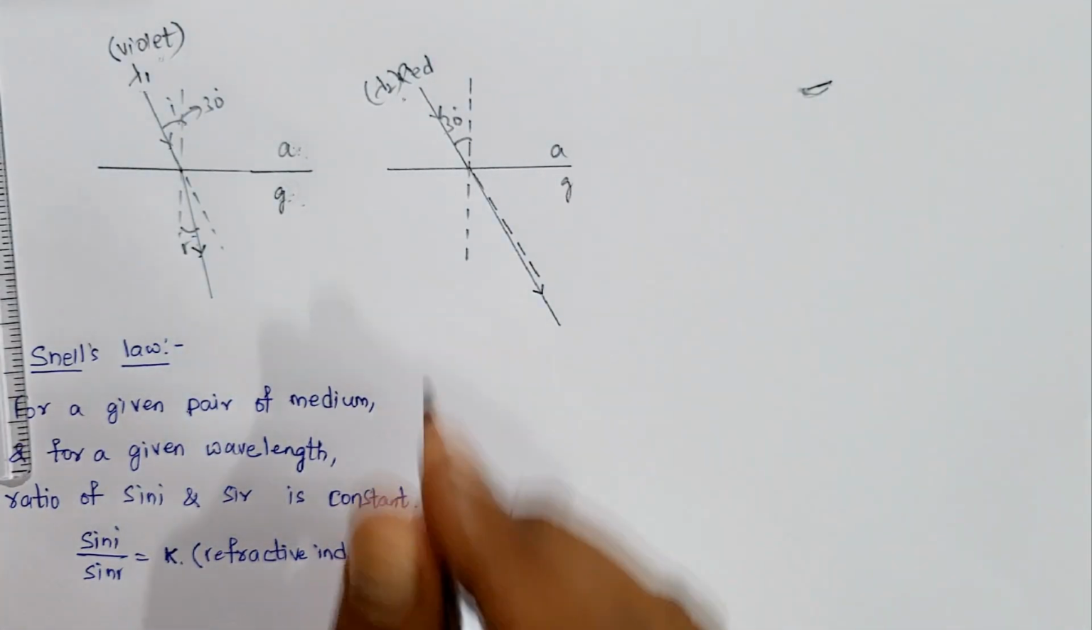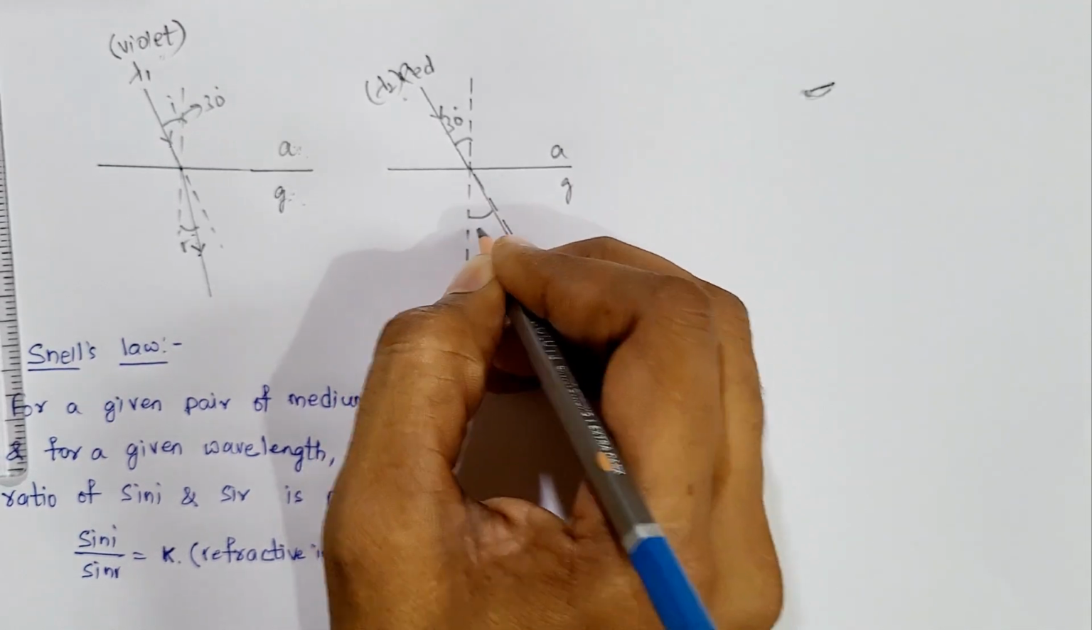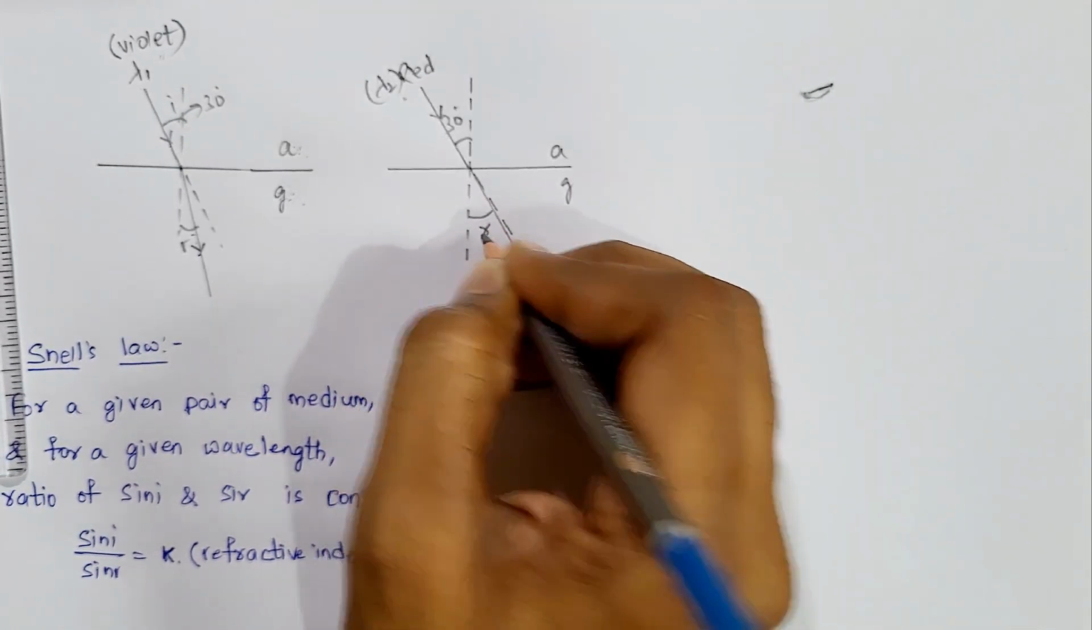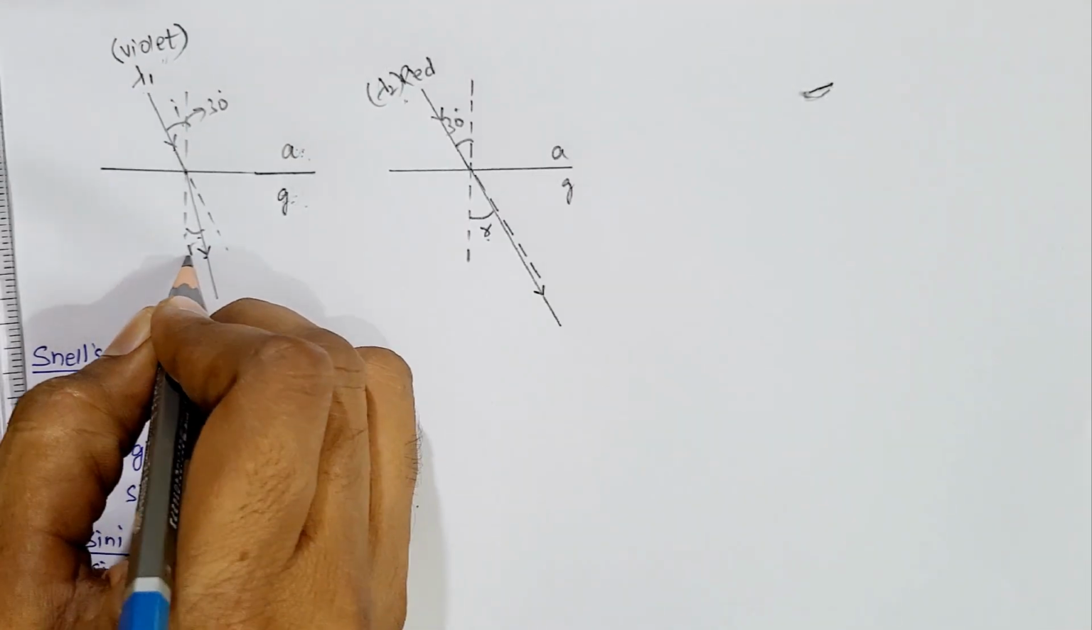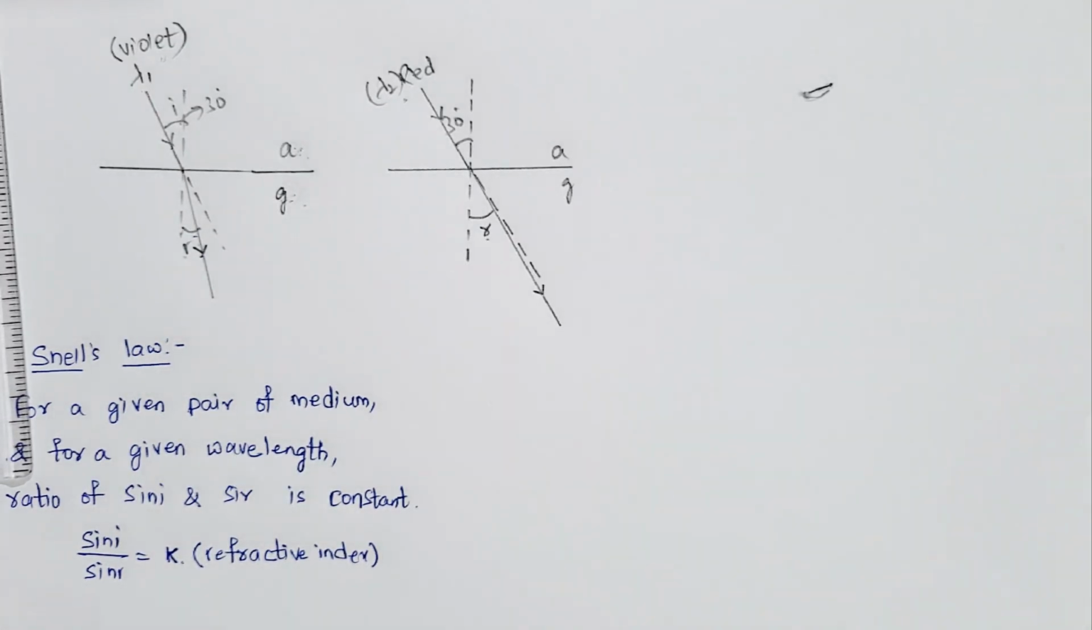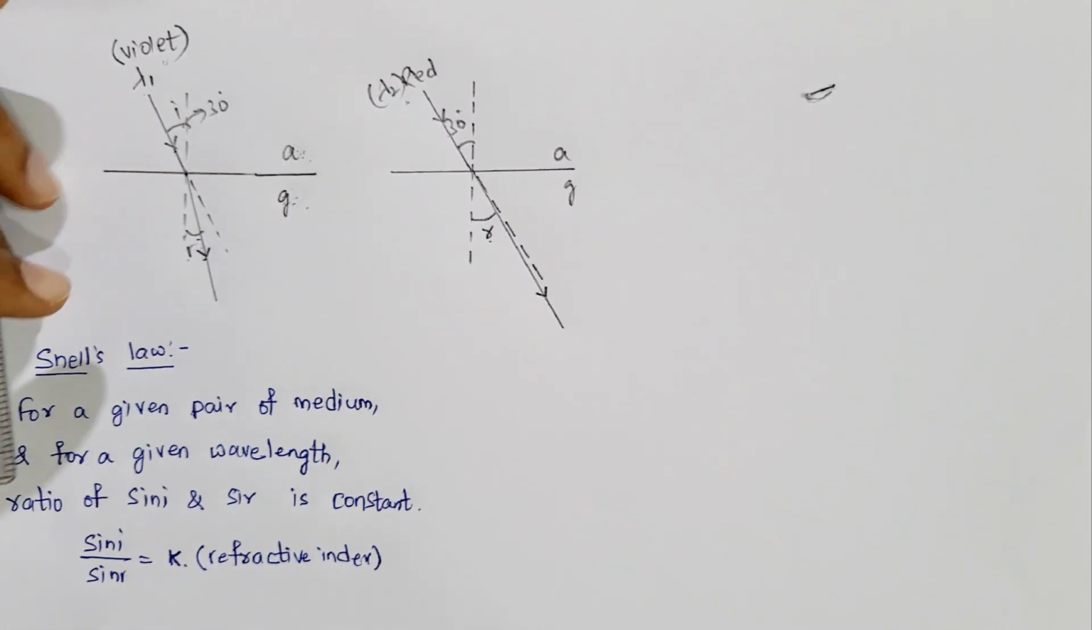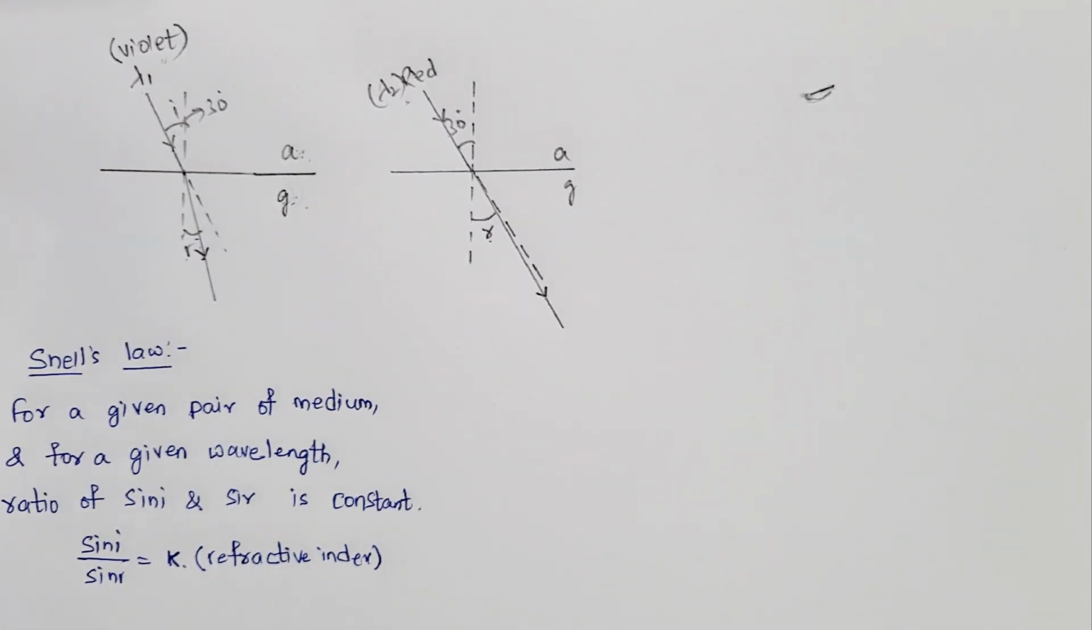So now what is the angle of refraction here? Angle of refraction is larger here. Angle of refraction is very less here. So now if you apply sin i by sin r is equal to constant for these two, will it be applicable? It will not be applicable. So you have to fix in your mind first the statement of Snell's law is for a given pair of